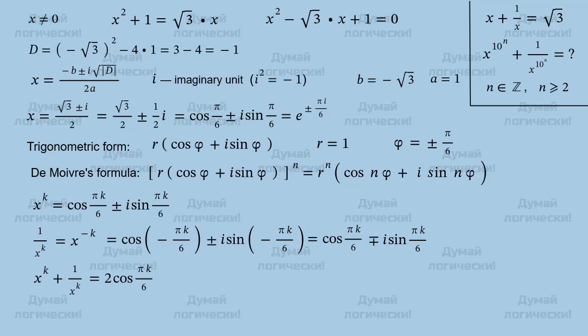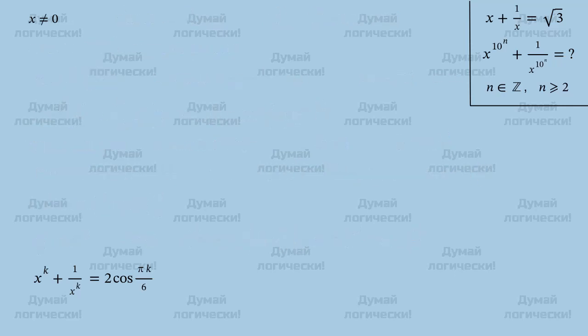We see that the sum of x to the power of k and 1 over x to the power of k is always a real number, and it doesn't depend on which of two values of x is used for its evaluation. The obtained expression is quite concise, but inconvenient for big numbers of k we are going to deal with. So let's remove the stuff we no longer need and divide k by 12. 12 is in general a magic number, but for this problem it is really miraculous.